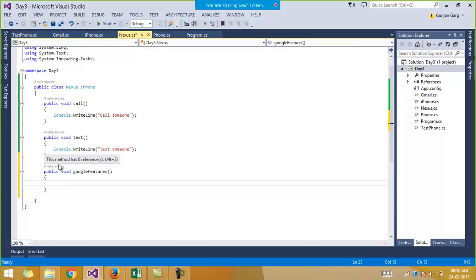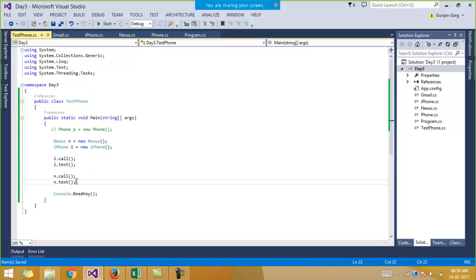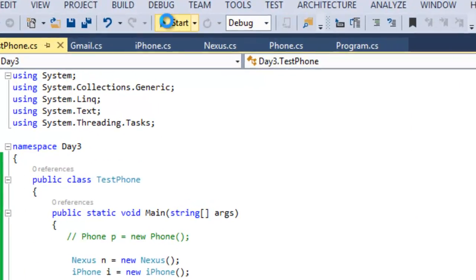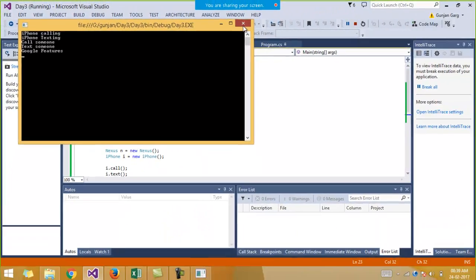You can simply create this function in the Nexus class, and suppose I print anything over here. Now if you try to call this Google features function from the Nexus class, you will be able to easily access it, and you'll get the output as well.